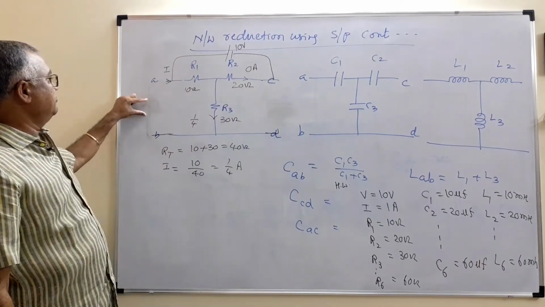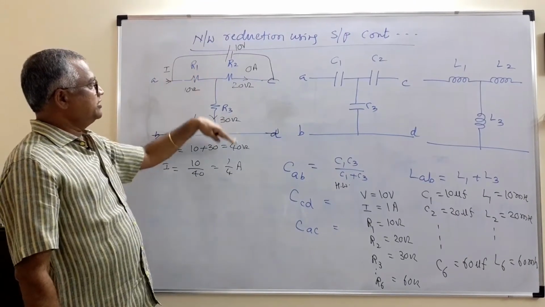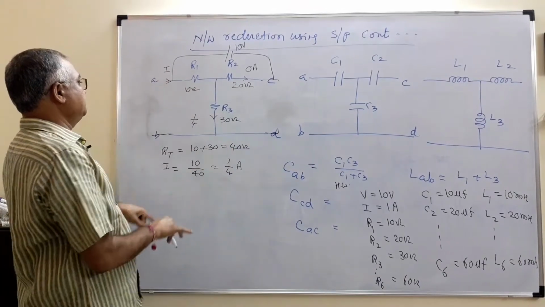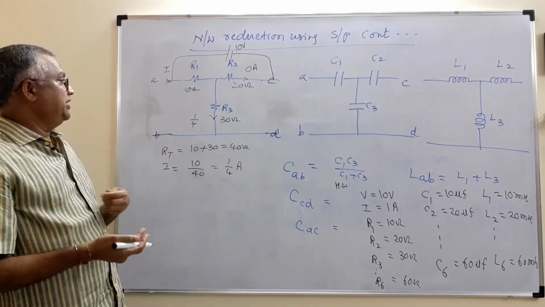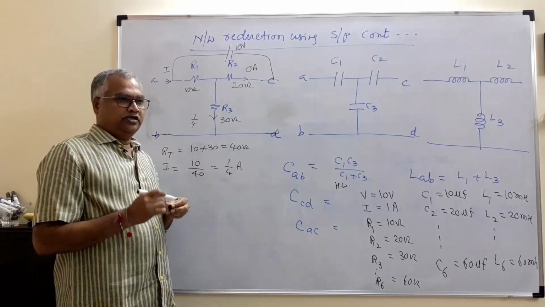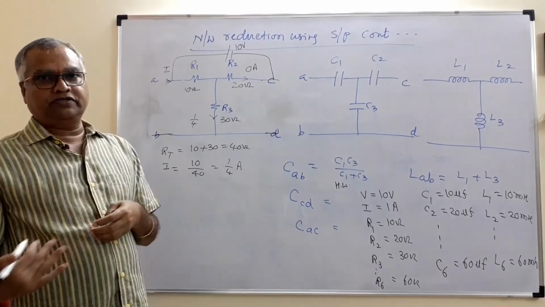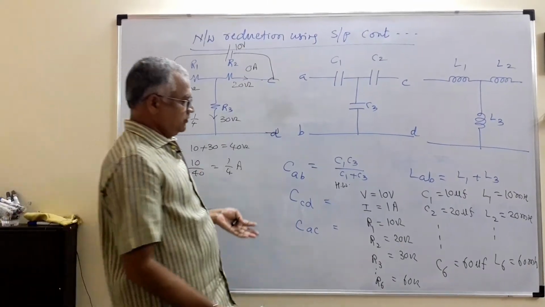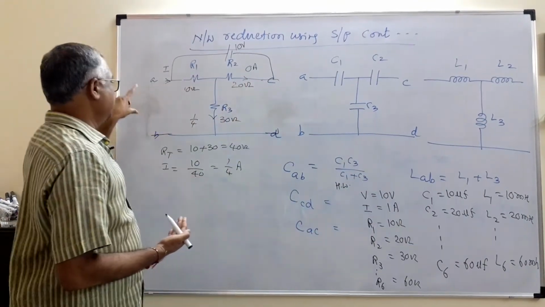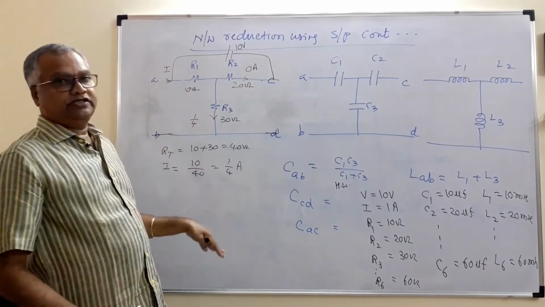So it can be a voltage source, it can be a current source. This side or this side or this side. Question can be currents, voltages, or powers. So all these things we have done on T network. Repeat on T short, pi network, pi open, pi short, lattice open, lattice short, bridge T open, bridge T short. Different networks we have done. For all of them you take resistor values like this, voltage source, current source like this, connect across AB, across CD, across AC, and find currents, voltages and powers.